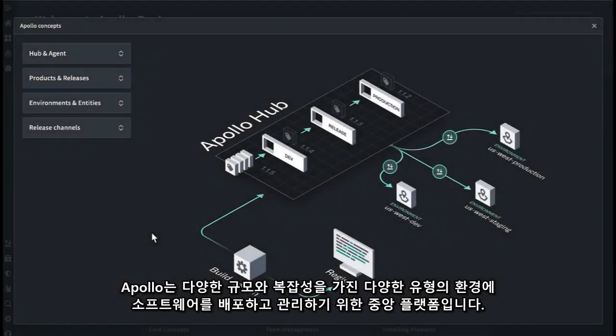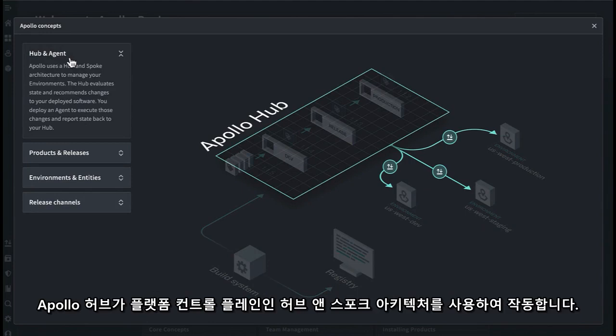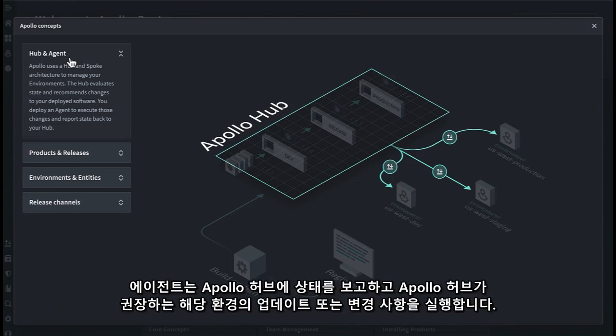Apollo is a central platform for deploying and managing software across many different types of environments of varying degrees of scale and complexity. It operates using a hub and spoke architecture, where the Apollo hub is the platform control plane. And you'll deploy an agent into each Kubernetes cluster or environment that you want to manage with Apollo. And that agent does a couple things. It reports status back to your Apollo hub, and then executes updates or changes in those environments that the Apollo